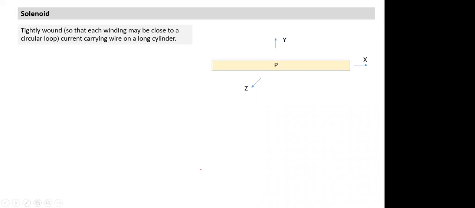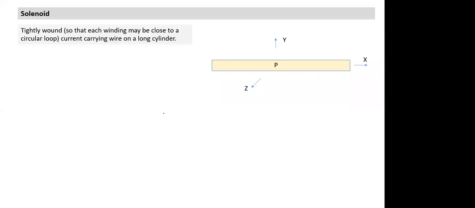Shreya, can you tell me what's the difference between the two, tightly wound and not tightly wound? When it's tightly wound, the field is more uniform. No, I don't want that answer. I'm looking for some other answer. Okay. Ahlad, can you tell me the difference between tightly wound and loosely wound? Can you visualize tightly wound and loosely wound? Pritham, can you tell me the difference between tightly wound and loosely wound? Can you visualize what is tightly wound and what is loosely wound?